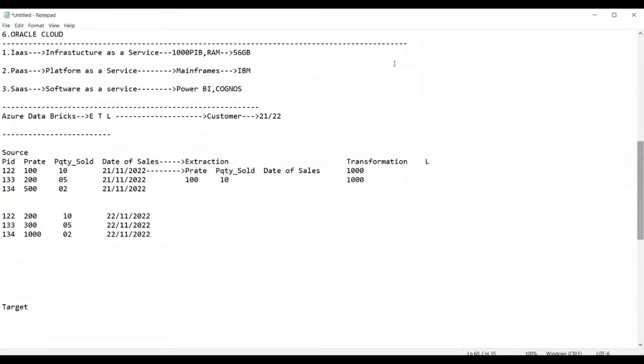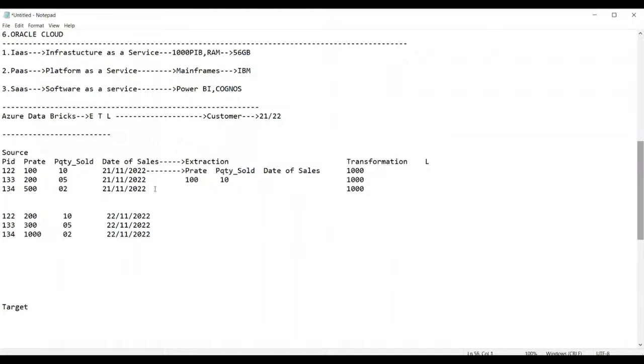Yes. Now, guys, see here. We were discussing the calculations. 100 into 10 is 1000. 200 into 5 is 1000. 500 into 2 is 1000. Now calculate the sum here.